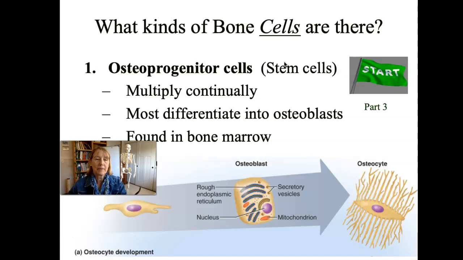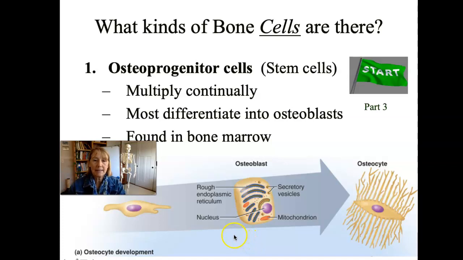Here in bone, we're going to limit it to a cell that's going to become a young bone cell, an osteoblast. It's called an osteoprogenitor cell, and these are found in bone marrow, because that's where we make these cells. This is a picture of this cell that's kind of a nothing cell yet, becoming a young bone cell,